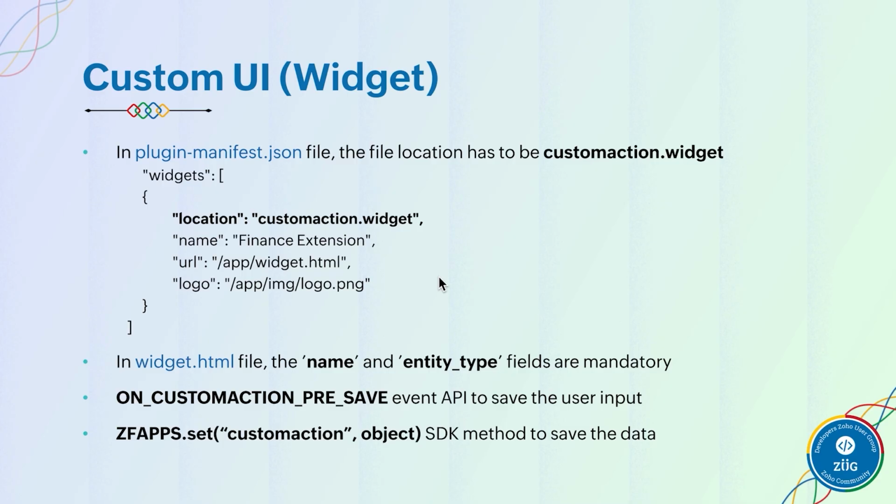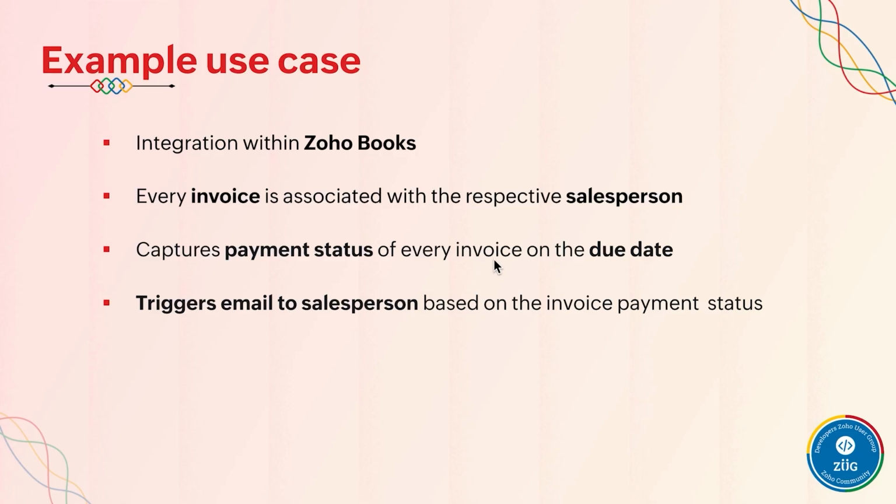So with these prerequisites and the mandatory fields defined, let us get into a real-time use case where we can see how this custom action plays a beneficial role. Let's say our use case for today is that we are going to create a custom action for Zoho Books, and the case is like